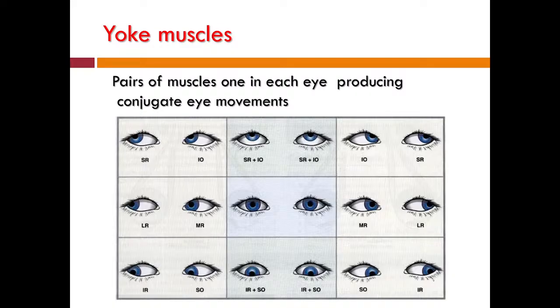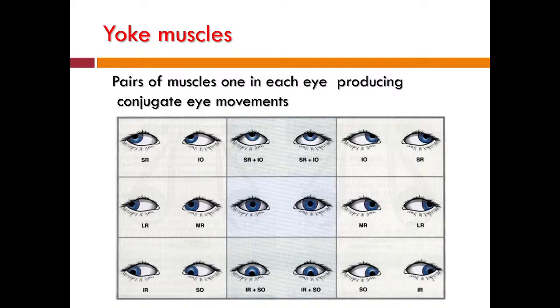So, for example, if I am looking straight towards the right, it is superior rectus of the right eye and inferior oblique of the right eye because both are elevators. So, looking straight to the right will be SR of this and IO of this eye. So, very easy to remember, both are elevators. Looking towards the left side, SR of this eye, which side you are looking, and inferior oblique of this eye